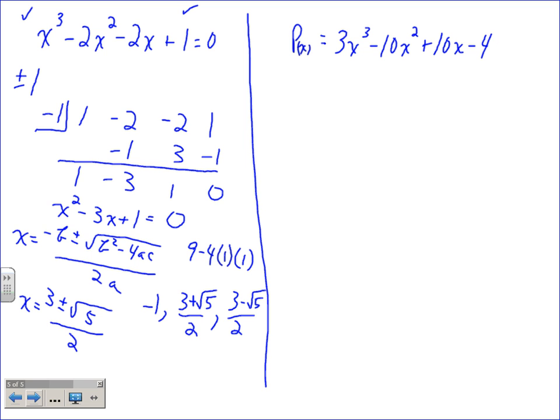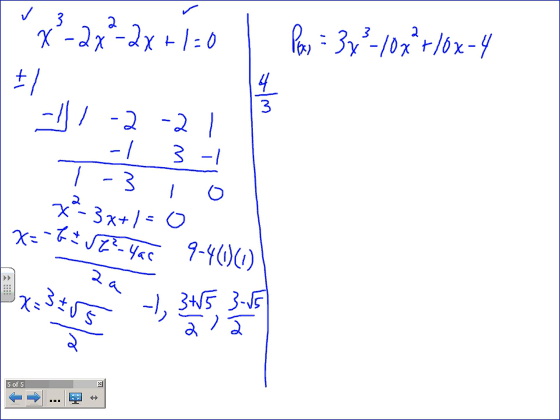All right, so far? Let's do another one. Let's do this one here. P of x equals 3x cubed minus 10x squared plus 10x minus 4. Go to your calculator. X cubed minus 10x squared plus 10x minus 4 and graph. Now all the possible, and we can find them, all the possible rational roots are going to be